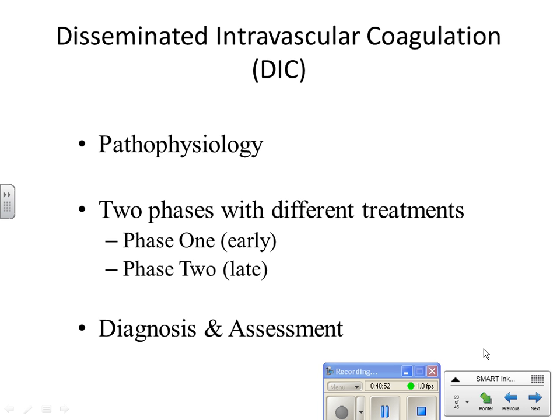And again, with any type of shock, it always is dependent on how severe the underlying cause is and how much reserves that particular patient has in terms of their ability to compensate. If they're elderly, if they're immunocompromised, if they have a huge issue with the underlying cause, they don't have a lot of strength to compensate, then the situation is going to be much more severe.